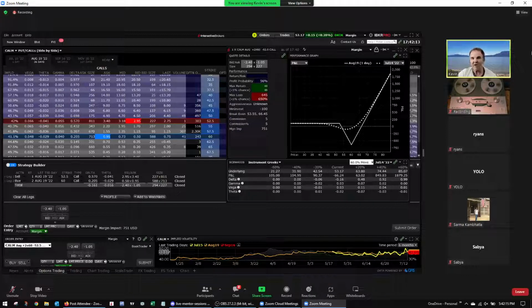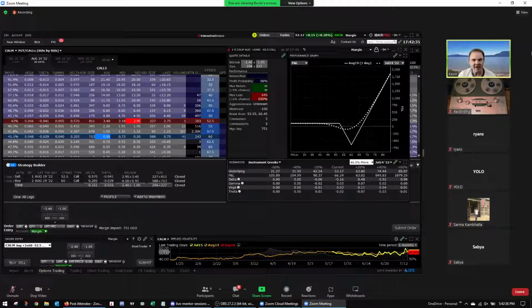I see Sabia has just asked, aren't you going to change the date on the long call? No, I'm not, because if I did that, that would be a calendar spread. That is another way to play it, and there is a nice little option strategy where you would use a calendar spread.